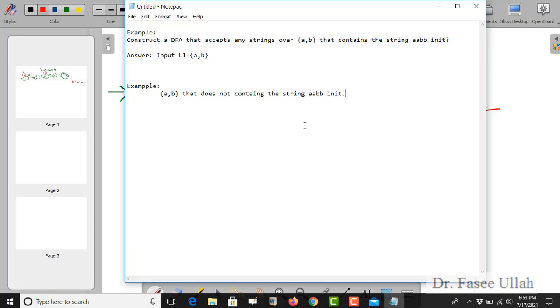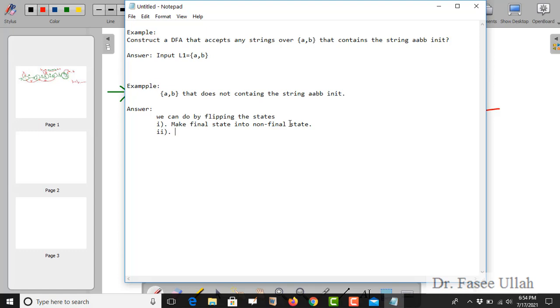By some mechanism we have. So the answer is that we have to give it in a different form. We can do it by flipping these states, which I mentioned in the above example, right? So let me first finish the steps, then I will show how we can do it. First, make the final state into a non-final state. How we will do it, I will show you later.